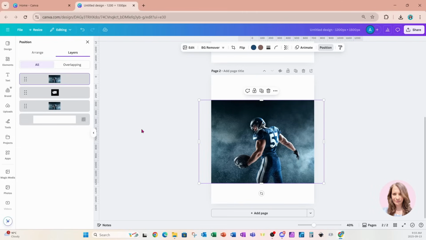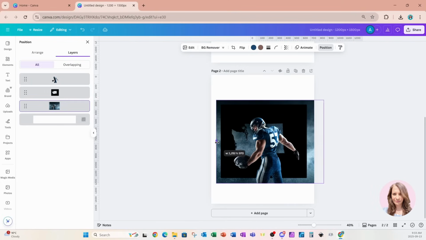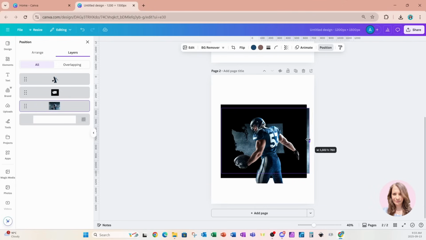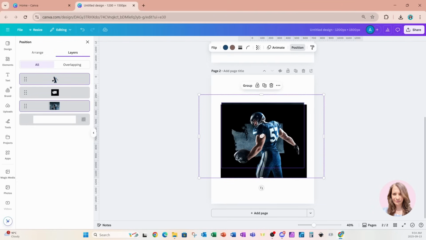I'll go to the one on top and remove the background. I'm going to go back to the one on the bottom and crop it so that it fits nicely inside of that overlay so I can't see the background. I'll grab both of these now by pressing Control and selecting them, and I'm just going to move the football player